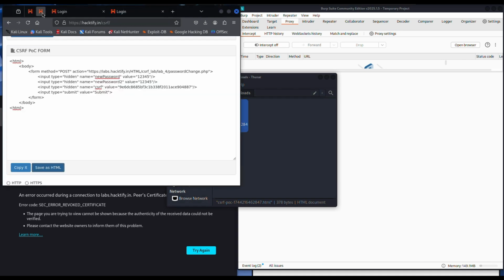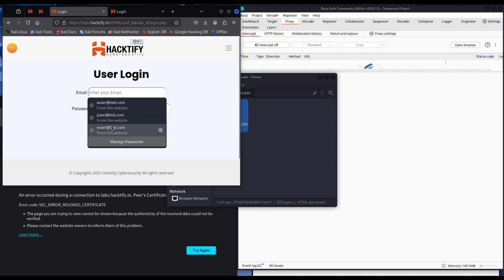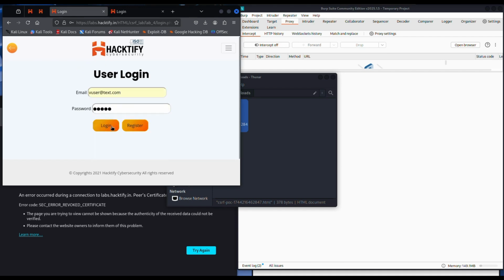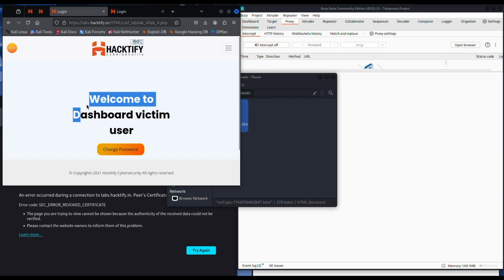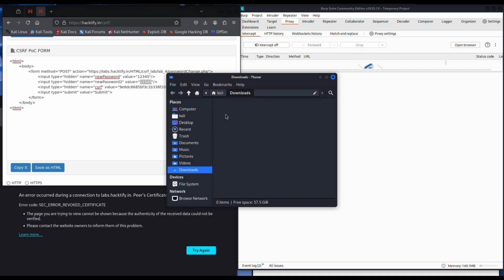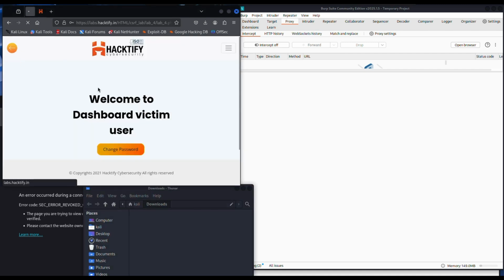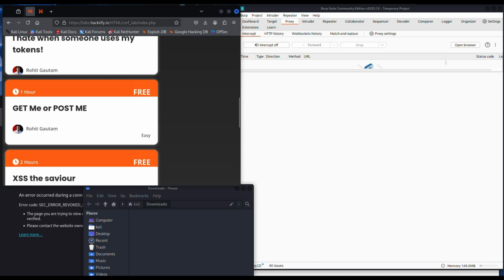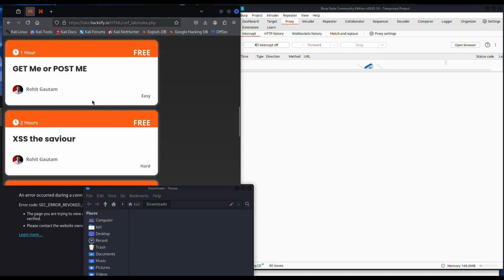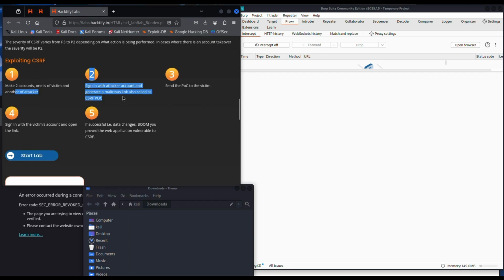Finally, the sixth lab, RF token, explored a scenario where the CSRF token was entirely missing from the request. I captured the legitimate request, removed the CSRF token parameter, generated the malicious payload, and hosted it locally. When the victim visited the file, their password was changed successfully without any authentication or validation. These labs collectively underline the importance of proper token validation, careful handling of user inputs, and adherence to secure design